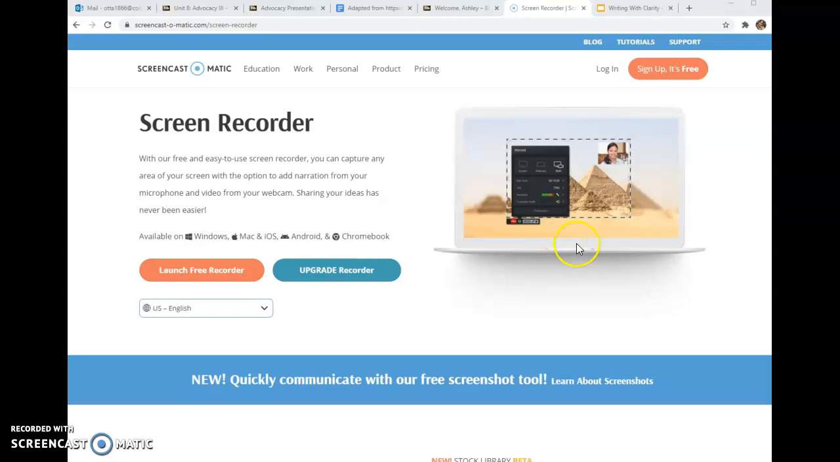To narrate your slide, what I'd like you to do is go to Screencast-O-Matic. You're going to use this free screen recording capture software. When you get to this website, hopefully you land on this page where it says Launch Recorder. If you don't, just click on Screencast-O-Matic up here and you'll be able to find the Launch Free Recorder option. Please do not log in. Please do not sign up unless you want to. But you do not need to do those things because you can simply click here and get the option to